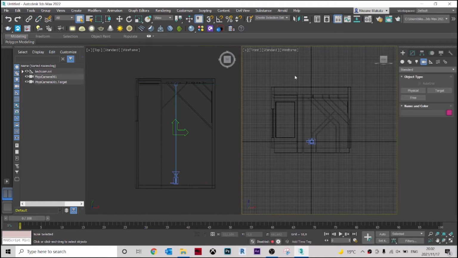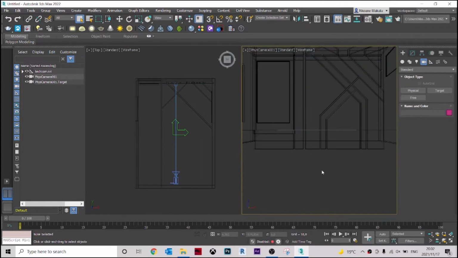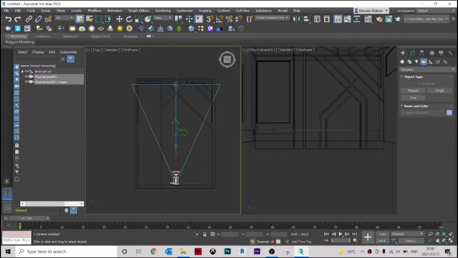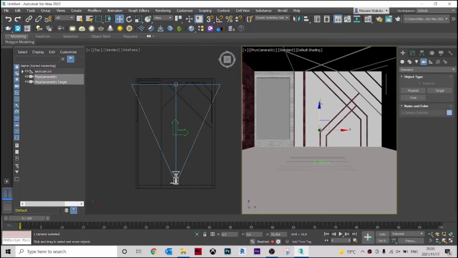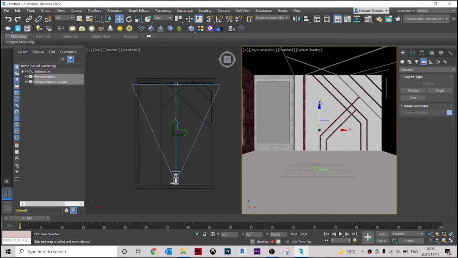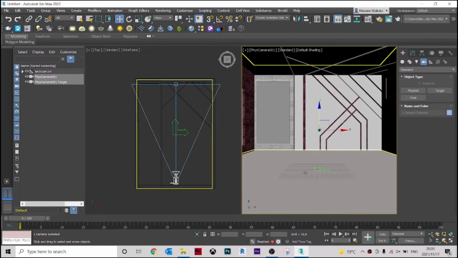Once I'm done with that, I'm gonna go on the other view and hit C to go to the camera view. I will change it from wireframe to shaded so we can see clearly what we are doing. Now I will select the camera and now I want to move it up like that. Once we have it like that,